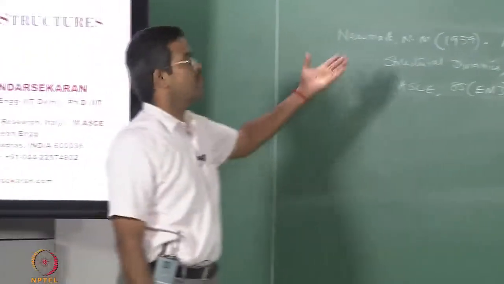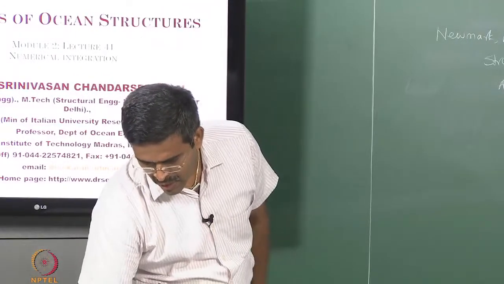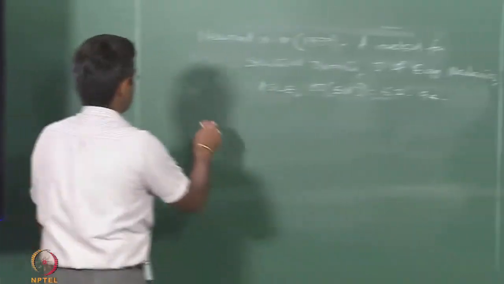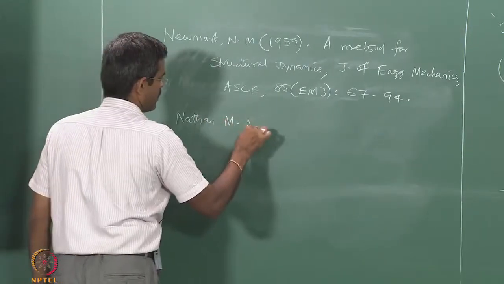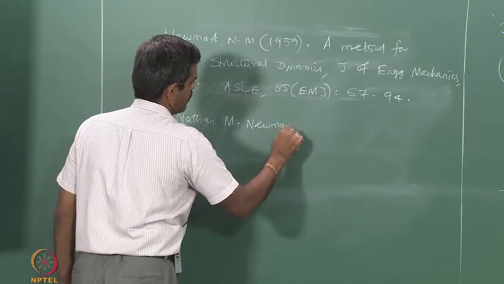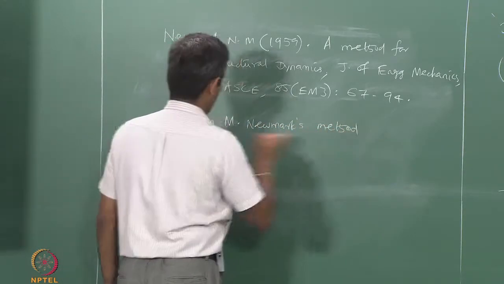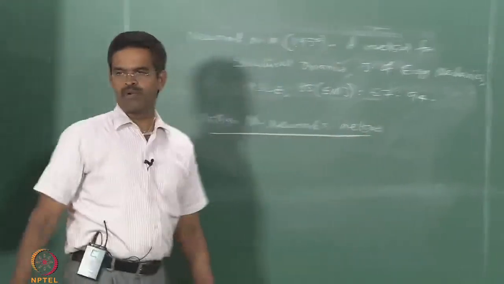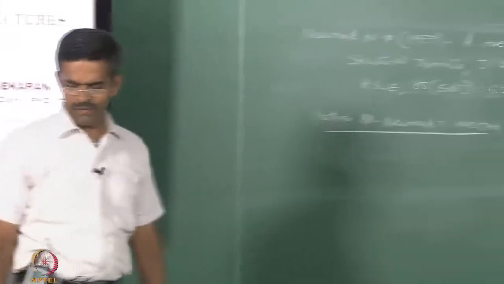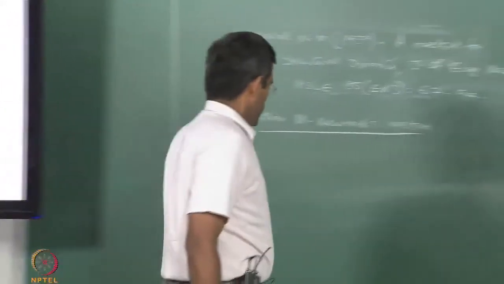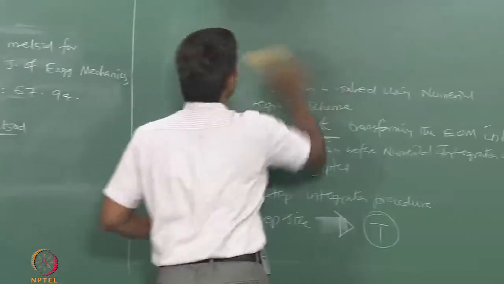It is named after him as Newmark's method, actually Nathan Newmark's method. That is the method proposed by him in the early 60s. This gentleman gave an algorithm saying,